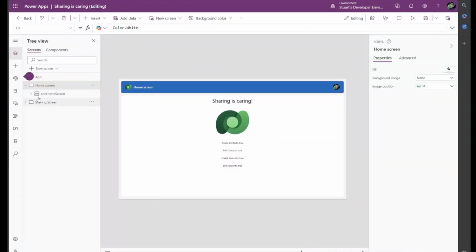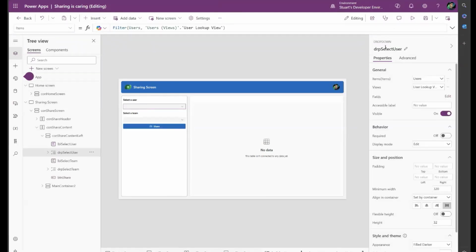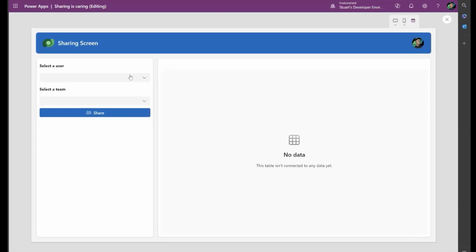Thanks, David. So I'm going to pop to our sharing screen, and we have our drop-down select user. This is just a list of users. I use the user lookup view because that contains the columns that I need. You can use any view you like though. Second drop-down here, that's just our teams. And if we pop into play in our app,